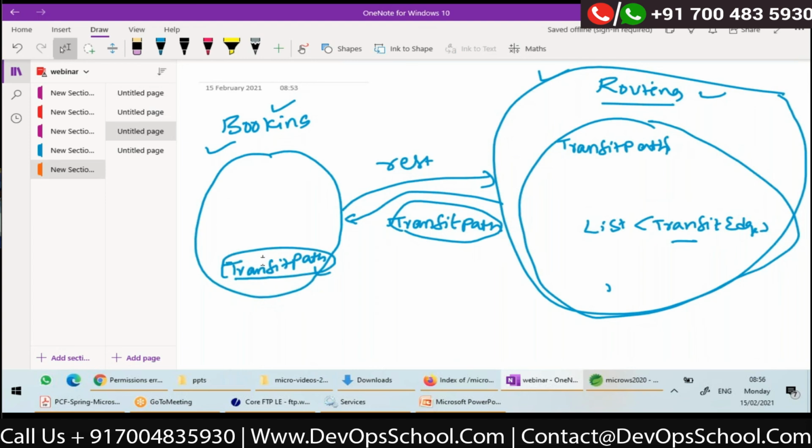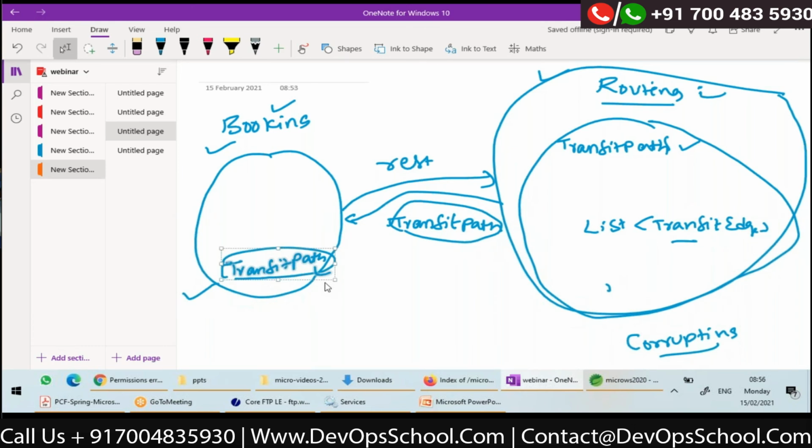Yes. So I would say the changes made in the domain model of routing module will corrupt the domain model of booking. So using a shared domain class is not at all a good idea.